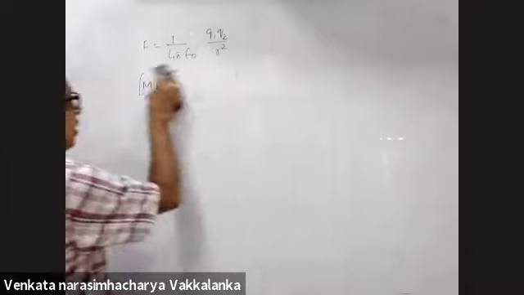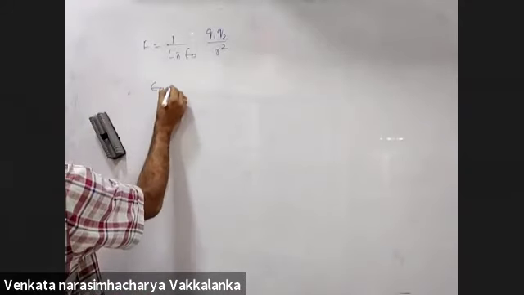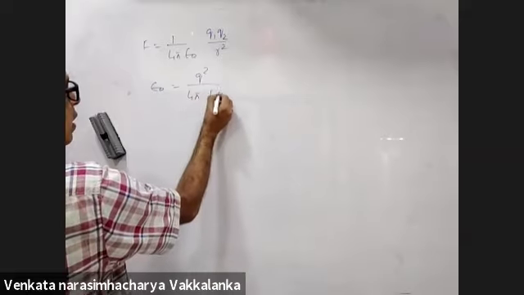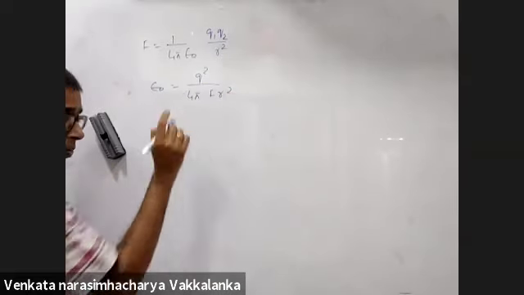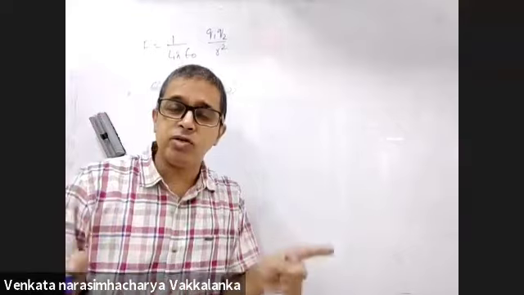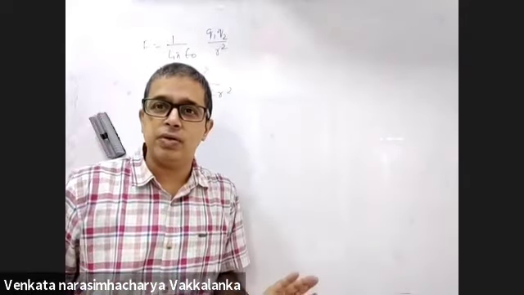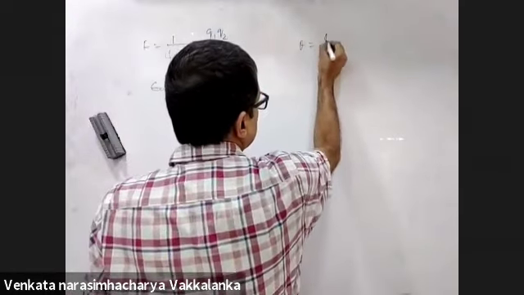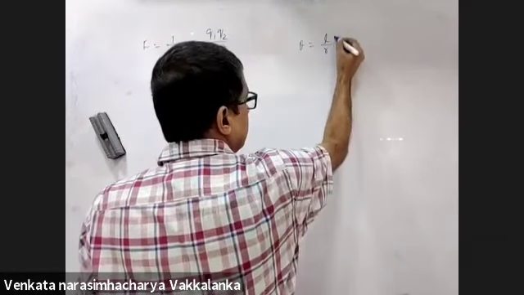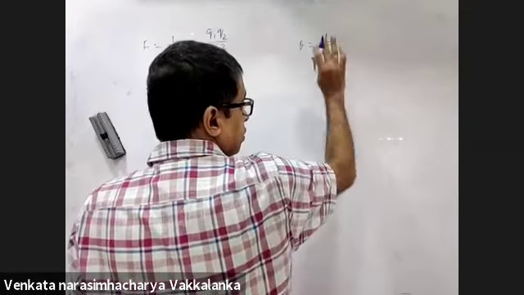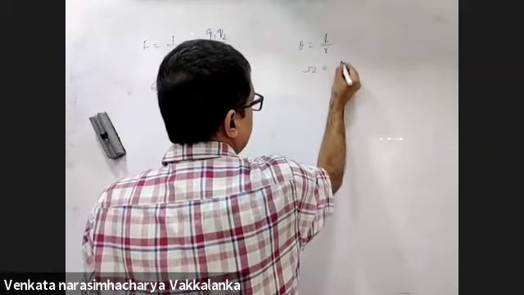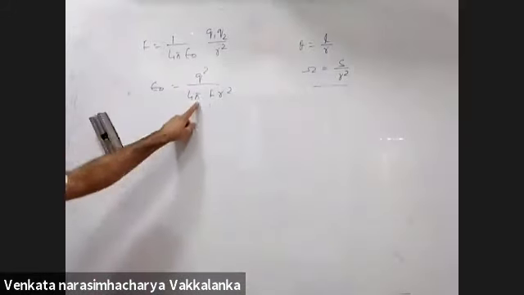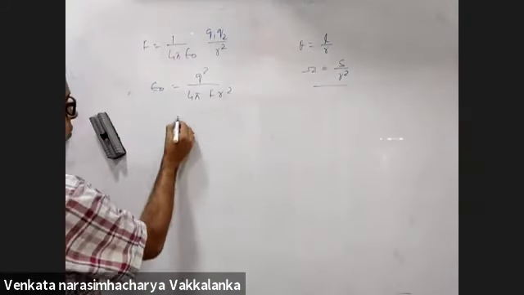No, first let me write it this way. It will become easy. Epsilon naught is Q square by 4 pi F into R square. 4 pi is an angle. Angle and solid angle don't have dimensions. Theta is arc by R, length by length, no dimensions. Solid angle is area by R square, no dimensions. So 4 pi will not have any dimensions.